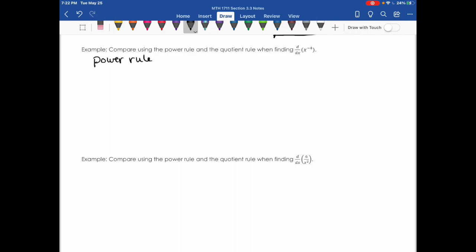And so in this first example, I'm going to show you how we can use the power rule, or we can use the quotient rule, and we'll get the same answer. So I want to take the derivative of x to the negative 4. If I use the power rule,